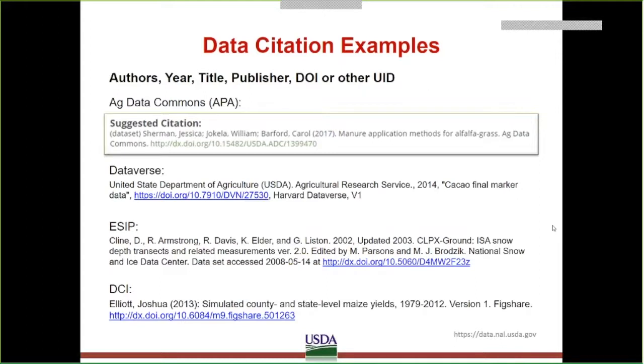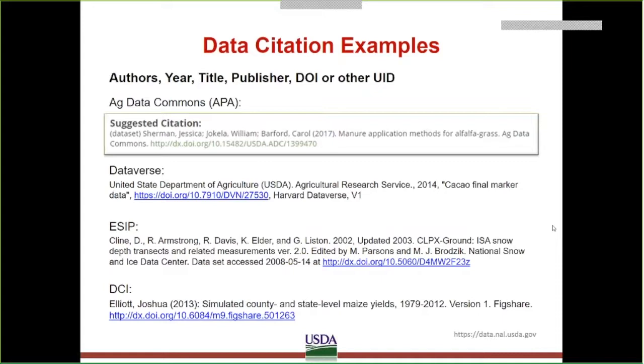So here are some examples of data citations. At a minimum, you want to provide a standard citation similar to a book citation with authors or creators, year or date of release, the title of the data set, the publisher or responsible organization, and a DOI or other unique identifier. Additionally, a URL or date cited may be added where that is important, for example, for dynamic data that changes over time. And more specific criteria may also be required for subsets or versions.